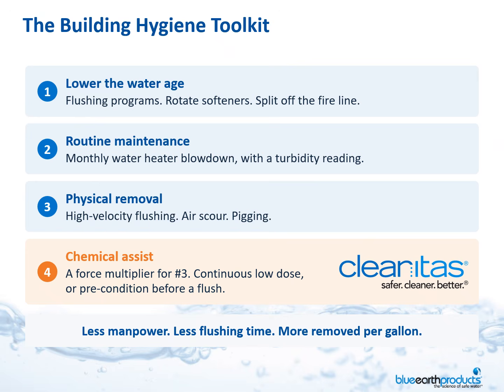And then there's monthly maintenance of blowing down the water heater. This is where a turbidity meter is actually quite helpful, so you can see when you've fully cleaned out that water heater tank. High velocity flushing, this is where you want to do some remediation, some air scour and pigging,